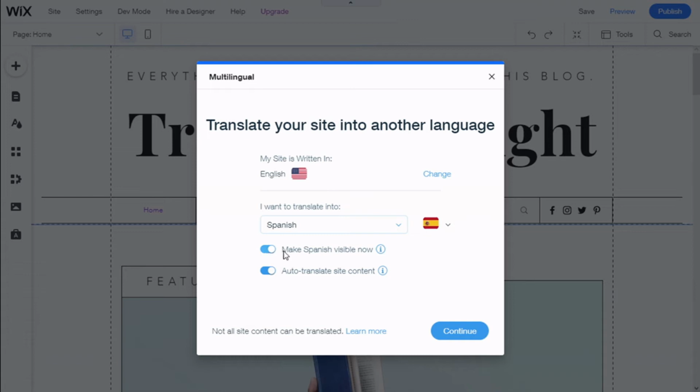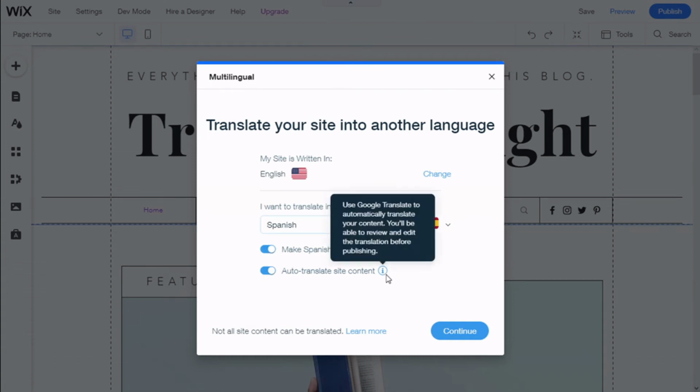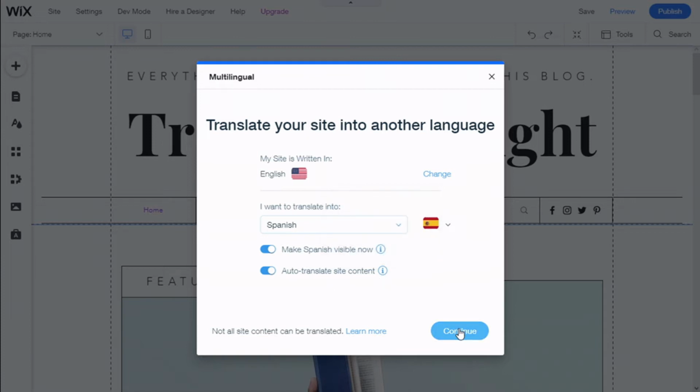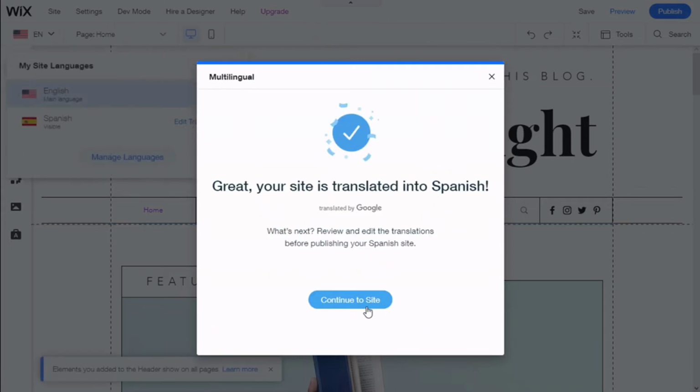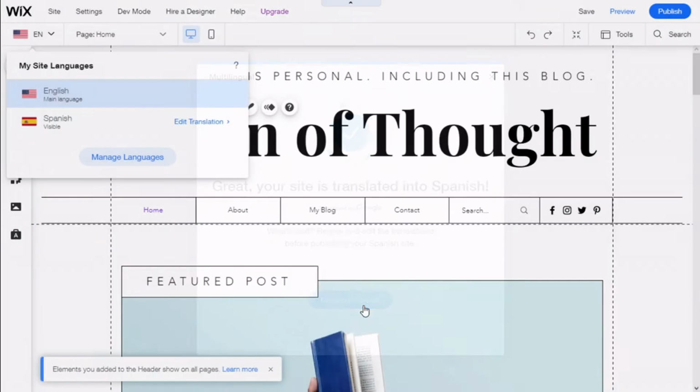We can make Spanish visible now, and we can select to auto translate using the Google Translator for our content. And we'll be able to review and edit the translation before publishing. So we are going to click on continue. There we go. Now we go to continue to site, and if we select Spanish,